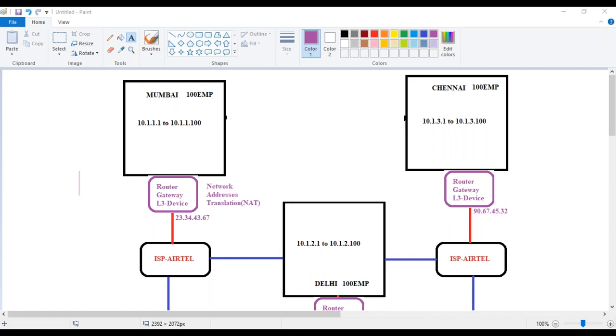Yeah, suppose an employee from Mumbai wants to access an application hosted in Chennai. So for that purpose, that machine should be on a public IP, right? It's not mandatory. See, what will happen is these belong to one office, right?